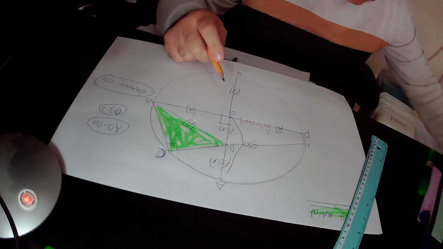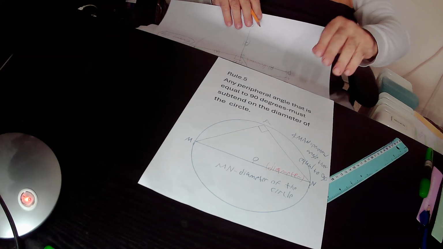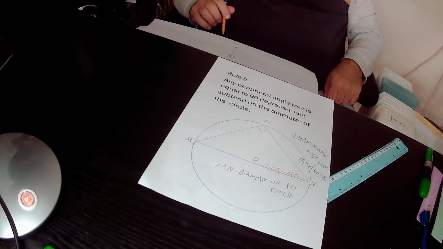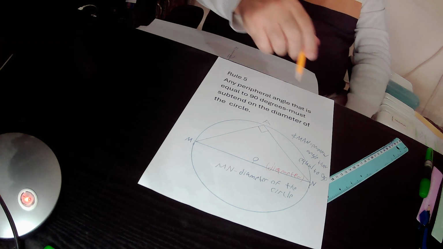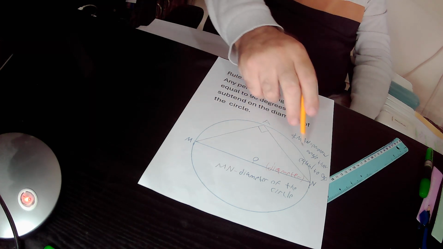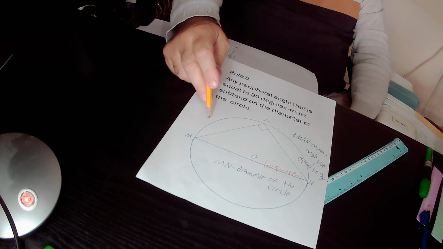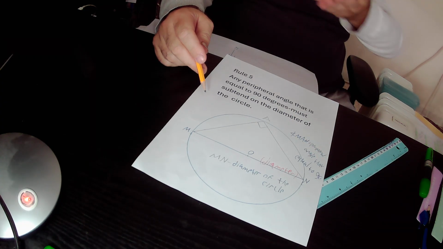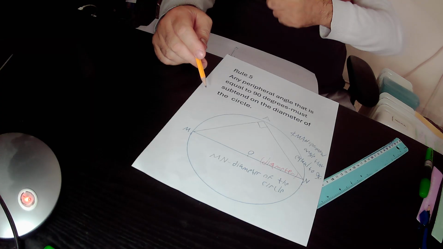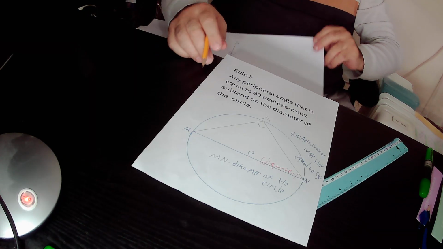Again, according to rule 5, any peripheral angle that is equal to 90 degrees in its size must subtend on the diameter of the circle. So in the moment we have a circle, this is peripheral angle MAN, this is equal to 90 degrees inside, and as you can see here, peripheral angle MAN subtends on chord MN, that is the diameter of the circle. So according to this rule 5, any peripheral angle that equals 90 degrees inside must subtend on the diameter of the circle. While here we found out that now